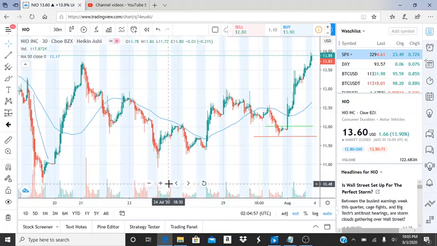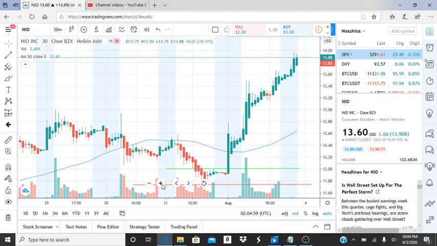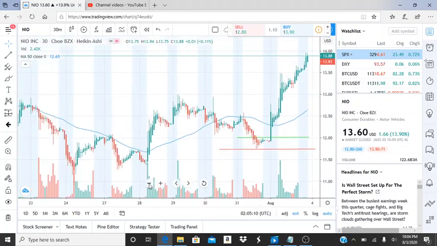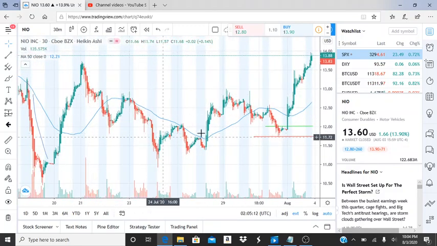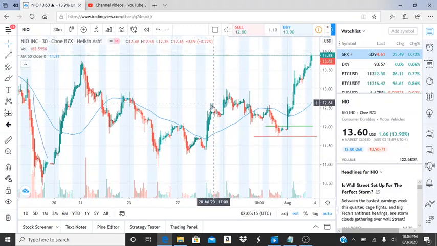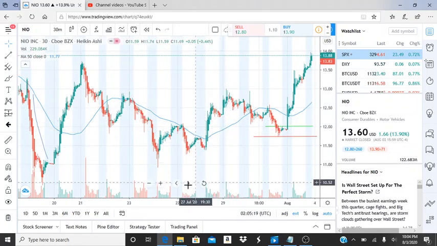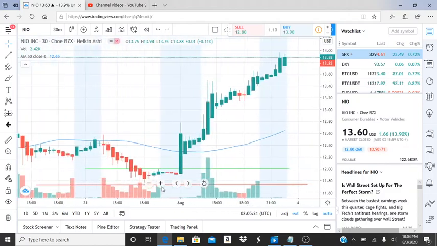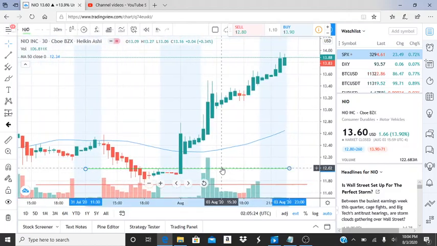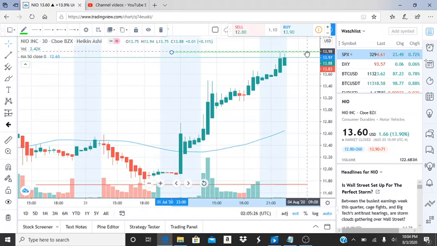So let's zoom in and see what's going on here. So obviously this broke through resistance, and this bearish run honestly was going to have a turnaround point. I just wasn't sure correctly when it would happen. Like I said, it was looking very similar to this. But if you look at the end of this result, obviously the bulls reappeared, and they appeared pretty soon here, as we can see. So let's move this resistance level to its new point, the highest point that it reached in the day, and